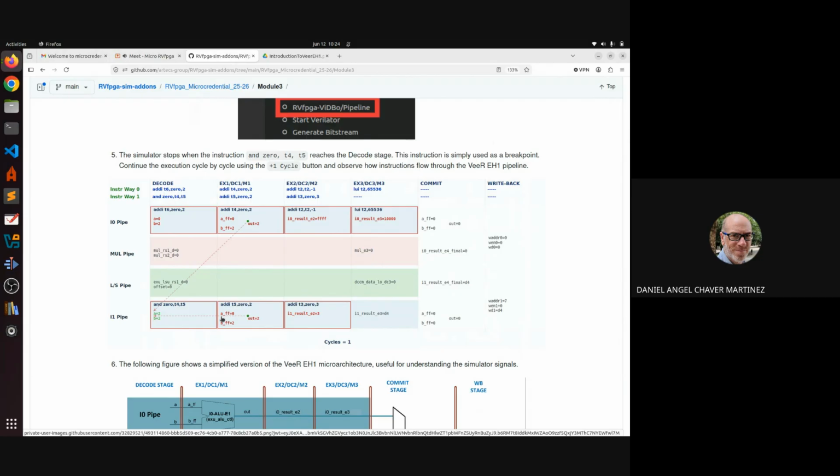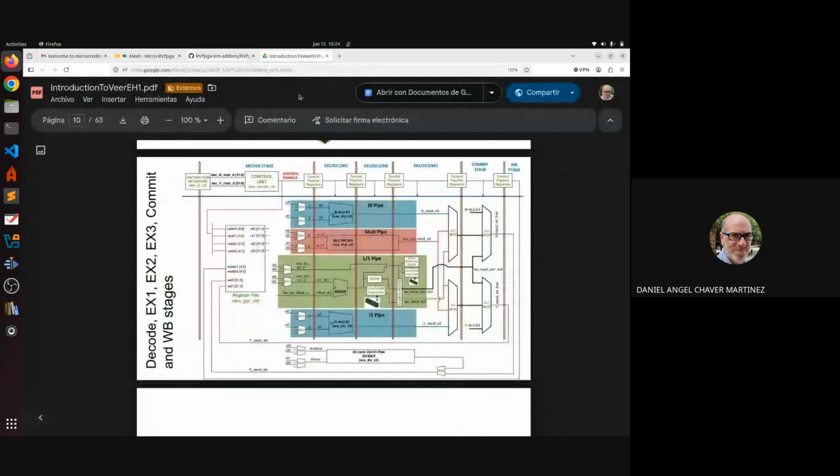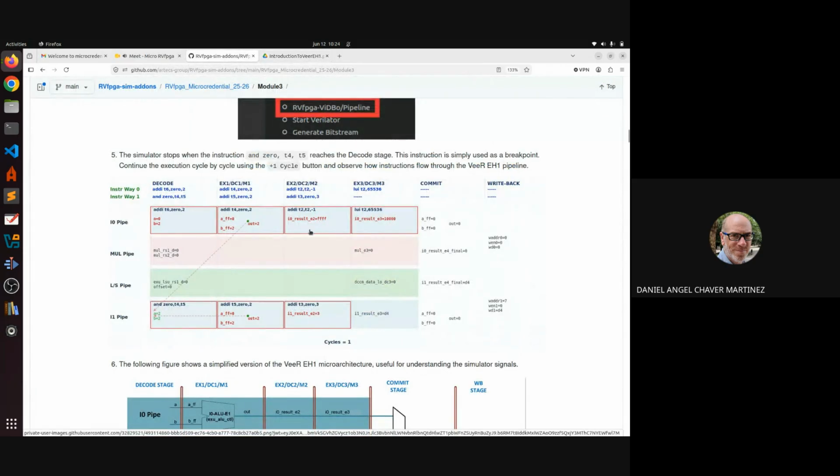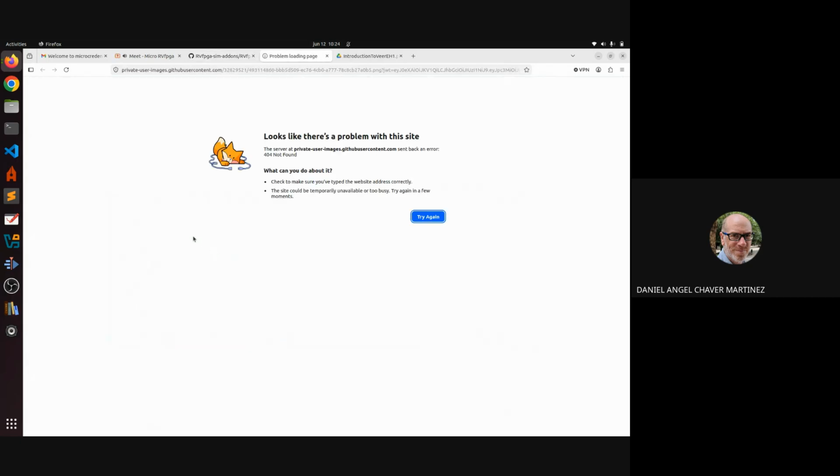We won't have divisions in the programs that we'll analyze in the course, so we don't need to visualize it. So it shows the 4 data paths, which are I0, mul, ls, and I1 pipe, and these are the main signals belonging to each stage of each pipe. So for example, oh sorry,